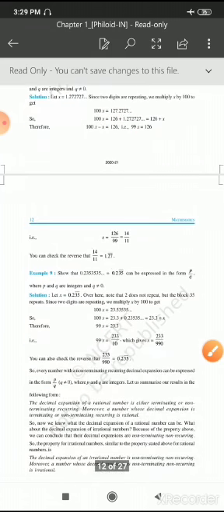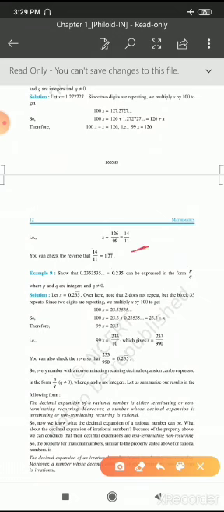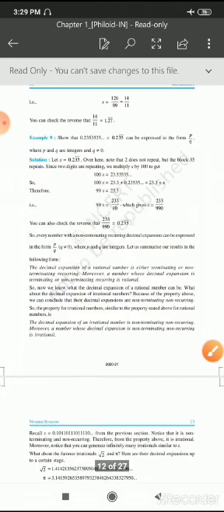From this, x is equal to 126 by 99, that is 14 by 11. So x, that is 1.2727..., is represented in the form of p by q. In the same way, the ninth example also uses the same method. So after this, see, the decimal expansion of a rational number is